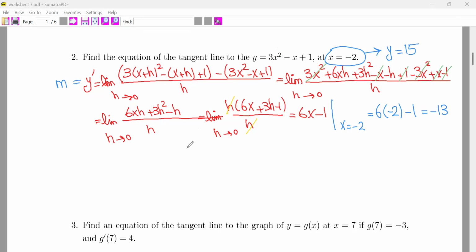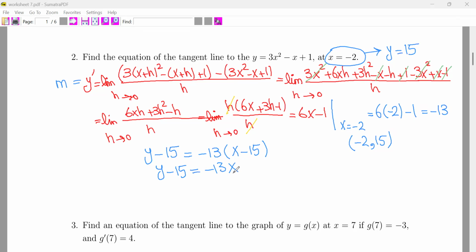So we have the point -2 and 15 here. So it will be y minus 15, as we talked about the equation of the line, m, which is -13, times x minus 15. It will be y minus 15 on the left side, -13x for the right side,